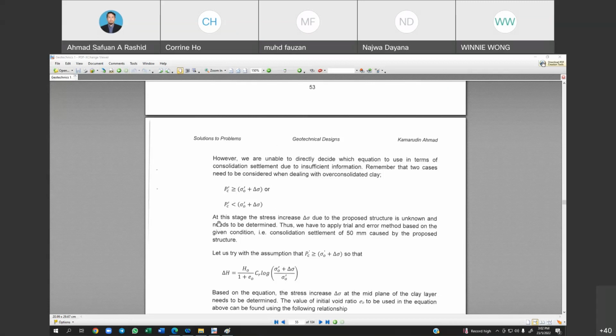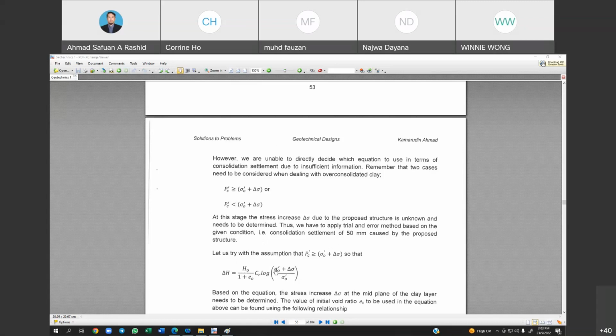Okay, so at this stage, the stress increase delta sigma due to the proposed structure is unknown and needs to be determined. Thus we have to apply the trial and error method based on the given condition. So delta H is equal to 50, kita tahu, while H naught over 1 plus e naught Cr